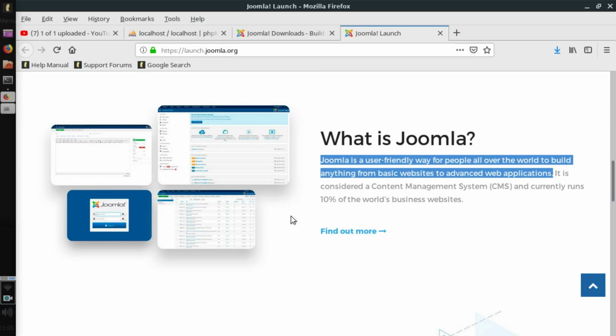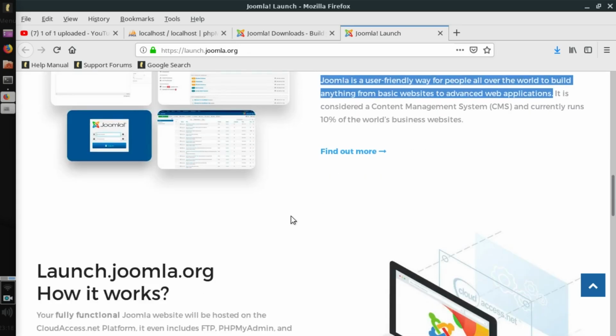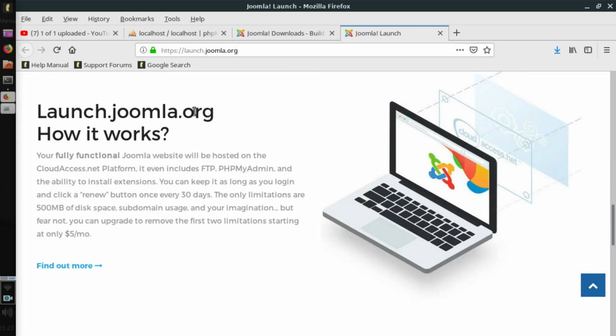Actually, Joomla is a content management system to easily create different types of websites, and it is a very popular content management system. Currently it runs 10% of the world's business websites. You can even use launch.joomla.org to test how Joomla works, but I prefer to install Joomla, WordPress and other content management systems on my local distribution.